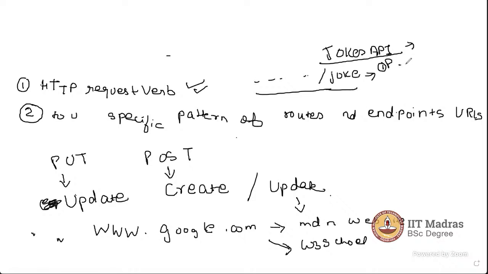But if we want to fetch only the programming jokes, it will follow some specific path or specific rule. You know about path and parameter, right? So it will follow some specific path and some specific parameter in order to do so. Let's say this is an endpoint, and the joke endpoint will look something like that, with a programming path. This is a path, right?